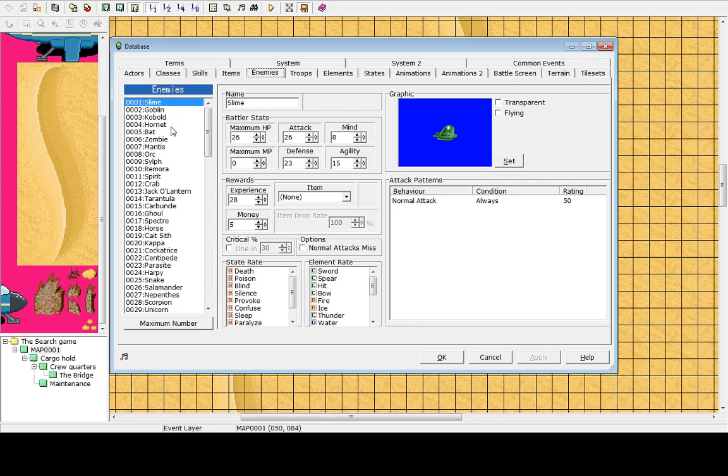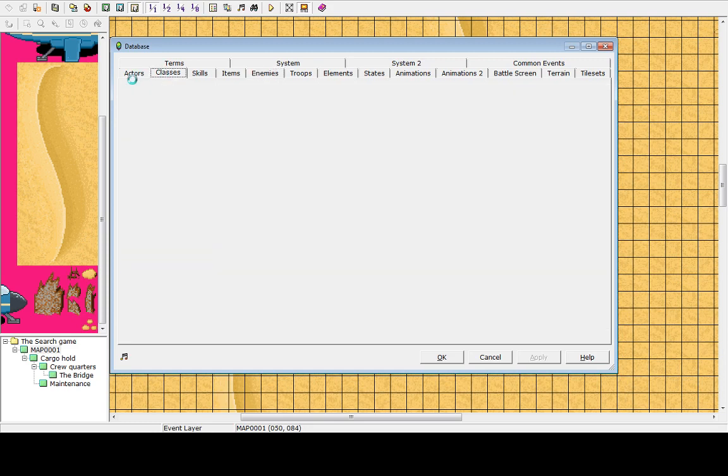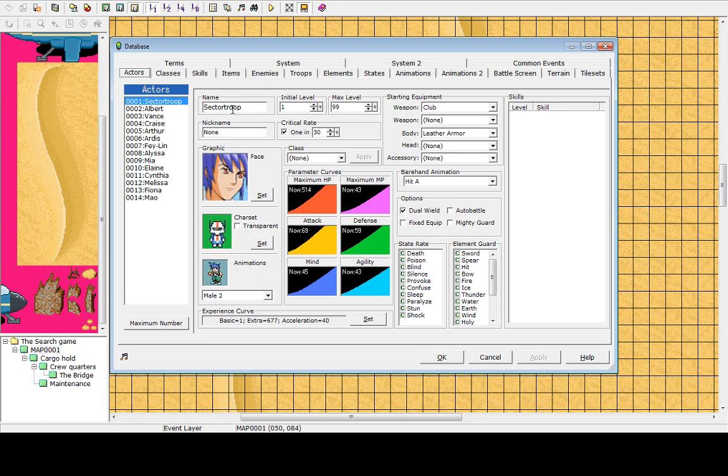What do I want? I want NPCs, so actors, I think, is what I want. For starters, I have this guy named Sector Troop. Apply. Face, I will adjust the face icon later. Not that I need to, but